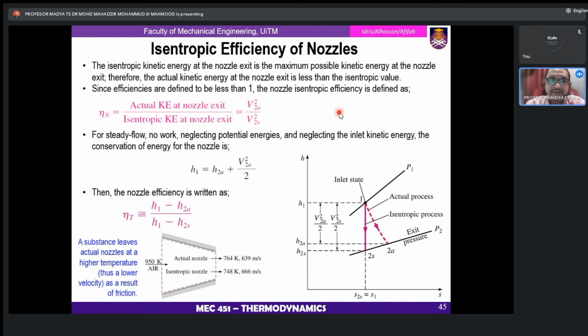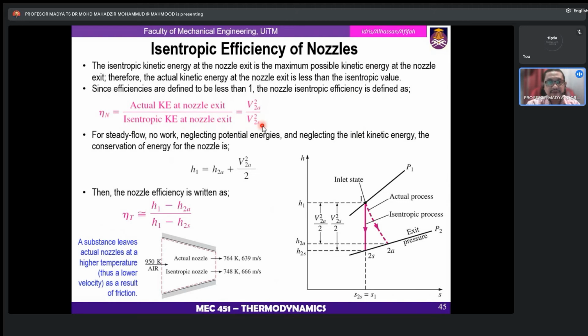Since these efficiencies are defined to be less than 1, the nozzle isentropic efficiency is defined as actual kinetic energy at nozzle exit over isentropic kinetic energy at nozzle exit. So the formula can be formulated as velocity squared actual